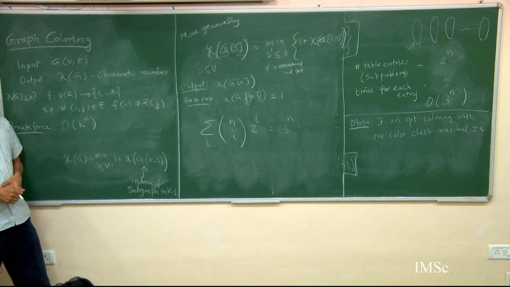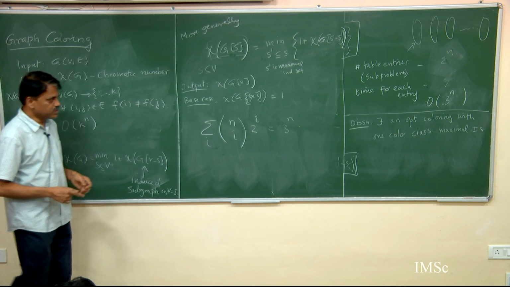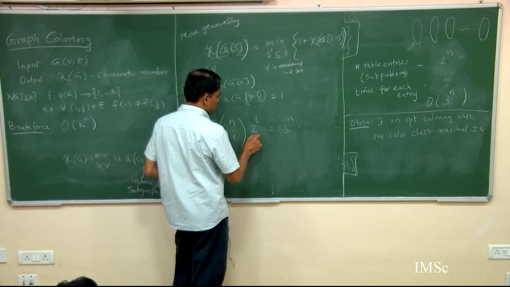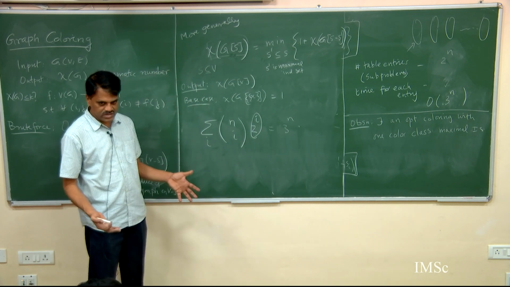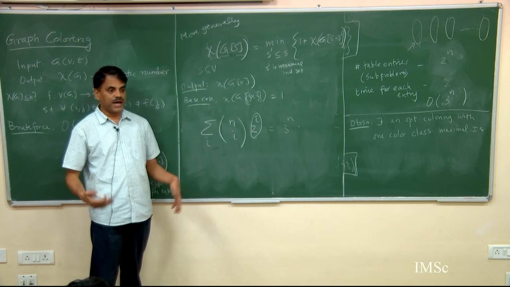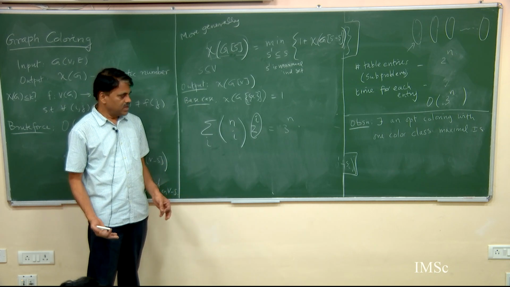Okay. How does that improve? Now, it turns out you can prove that in a graph on n vertices, the number of maximal independent sets